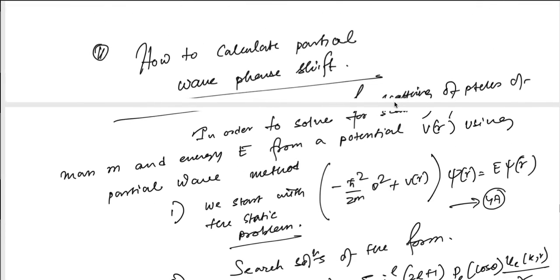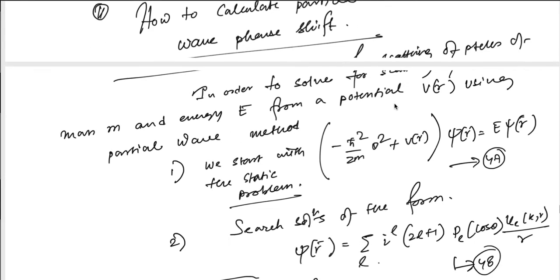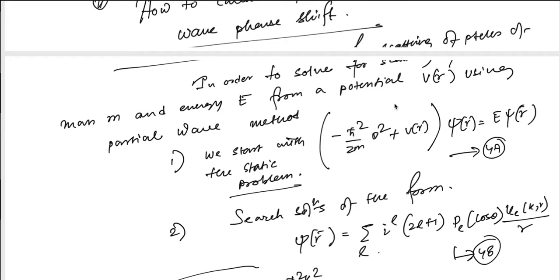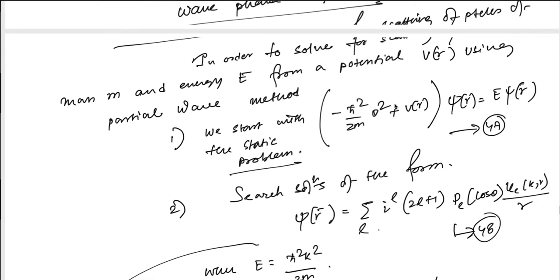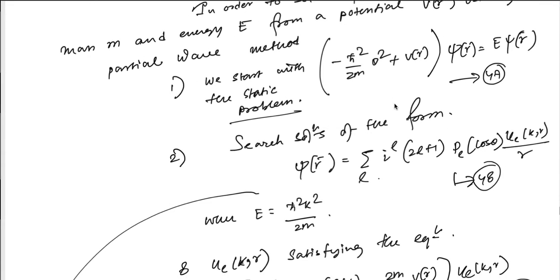Okay. Now let us come to the main point, which is how to calculate. So this is the key takeaway from here. After all this machinery, given a problem, how do you calculate the phase shift and the scattering cross section within the spherical wave approximation? So here is the step by step recipe. What will be given to you is that we have to solve the scattering of a particle of mass m and energy E, the projectile or the probe, and the potential is V(r), and we want to solve it using the partial wave method. So how do you do that?